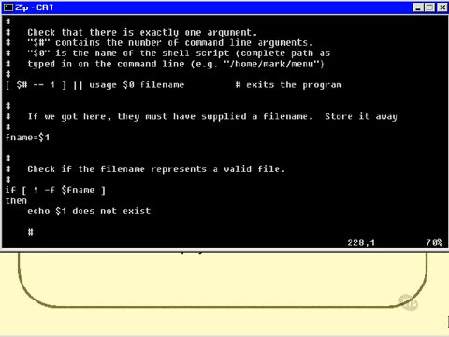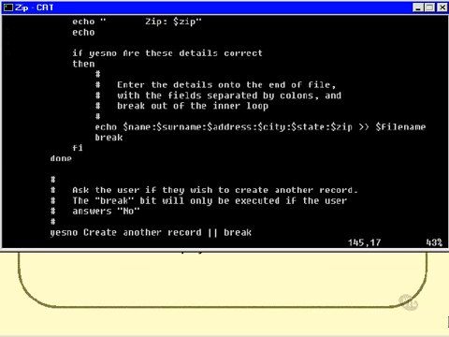So I can go back to where I was and change that to just fname by itself. And, well, that's going to fix the problem. I know it is, because I put the bug in there in the first place, so you'll just have to take my word for it. The program has now been fixed. But the point is, it was made easier for us to find the bug in the first place by using the sh -x. We probably could have found it anyway if we'd spent a bit more time, but the sh -x option